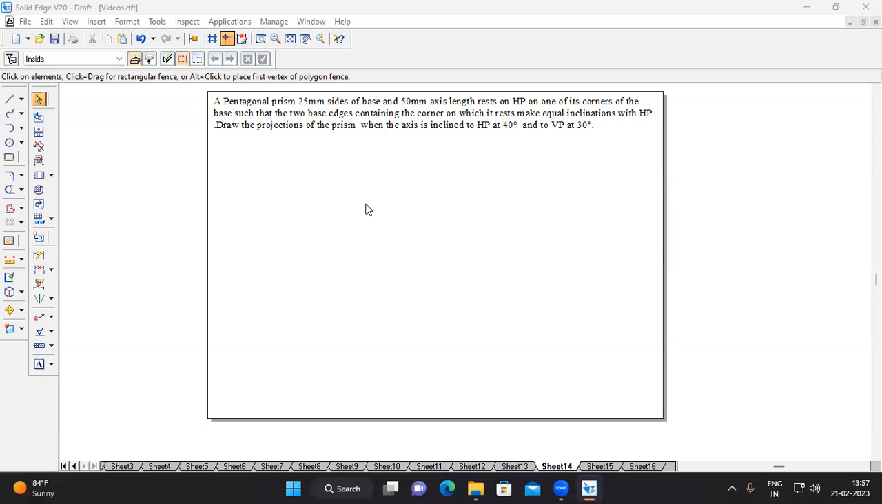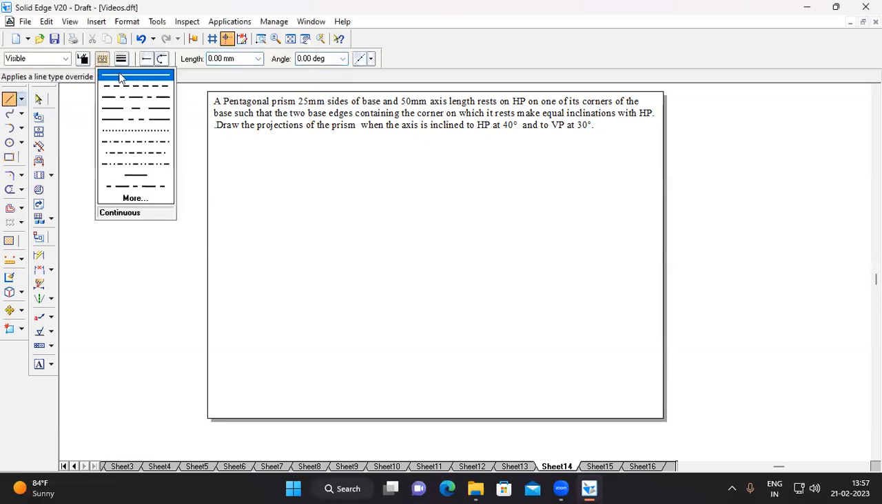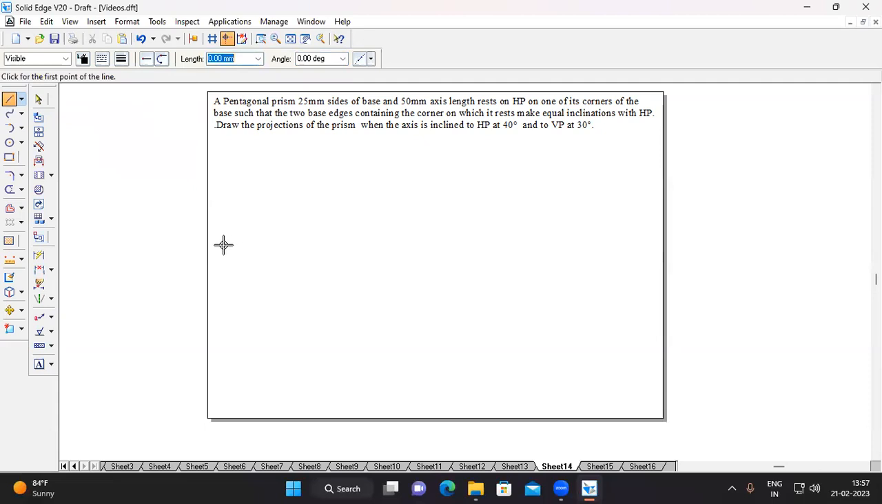The top view is below the XY line. Next, it is resting with one of its corners. This is important. Let us solve this problem. First, I'm going to draw an XY line. Go to the line command, continuous line. Select thickness as